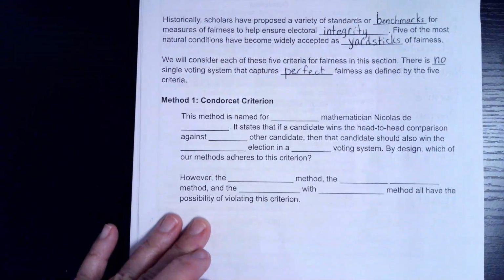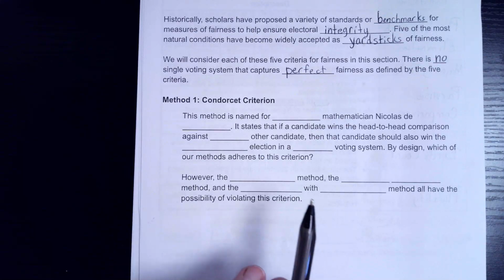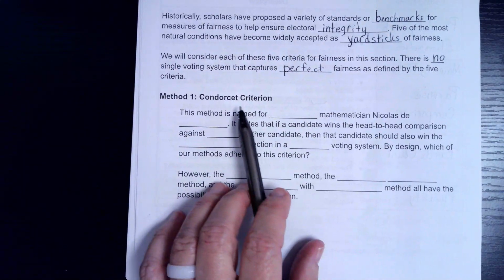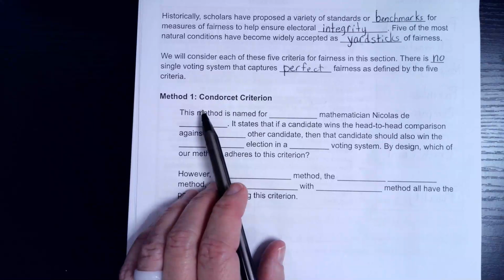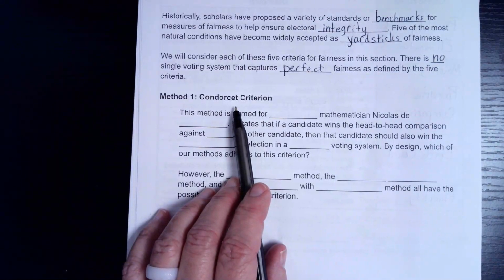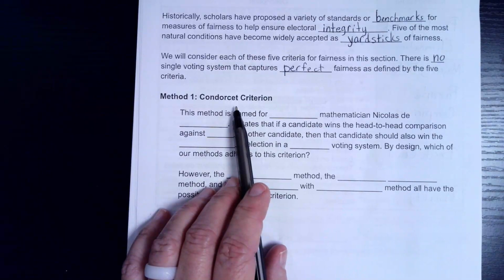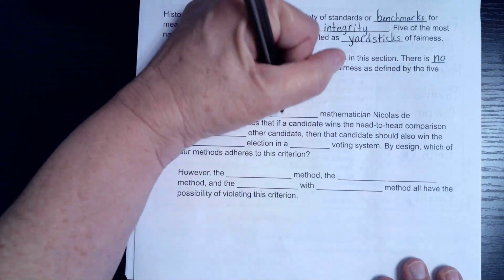So for the first method, you will see questions saying, does this meet this criterion? A criterion is a standard again. How do you think you say that? Condorcet. It is French. Think about Chevrolet, things that end in a T often make a sound. You do not need to write all this down, but this method is named for a French mathematician,